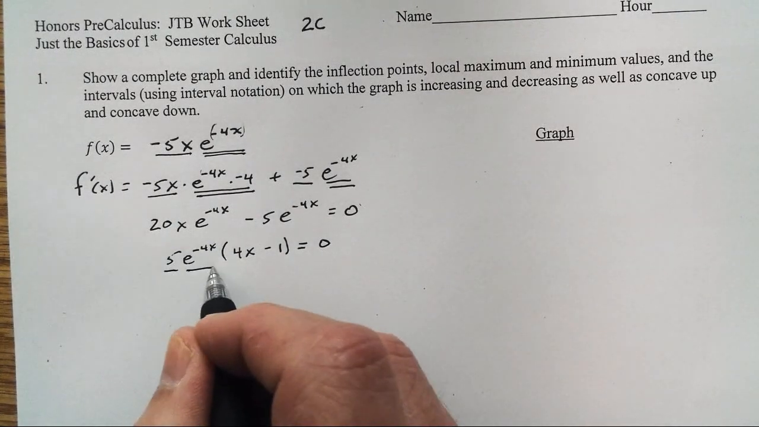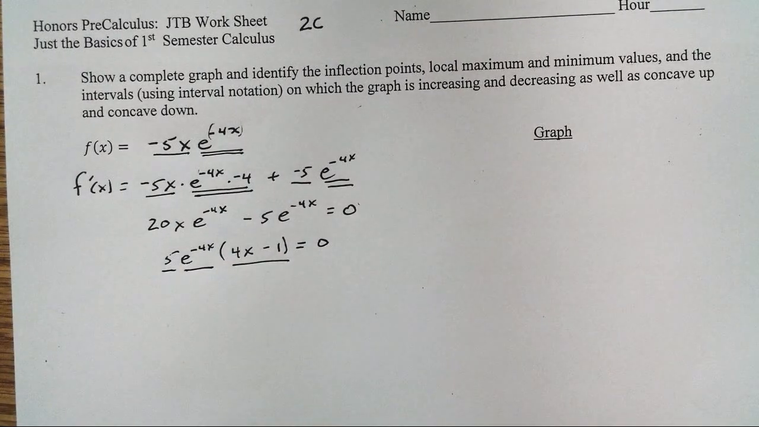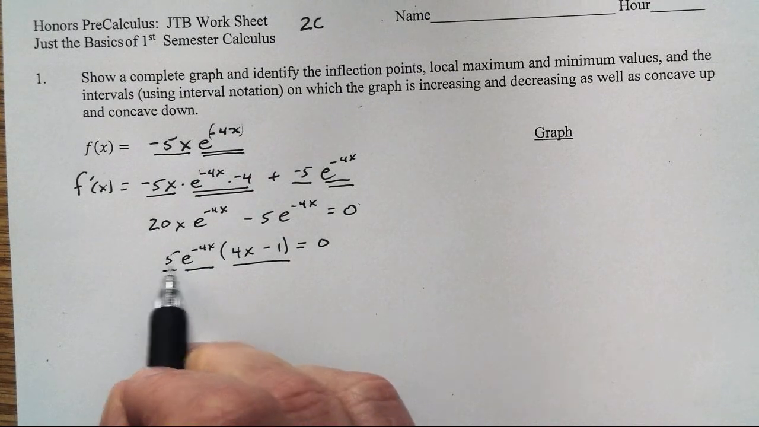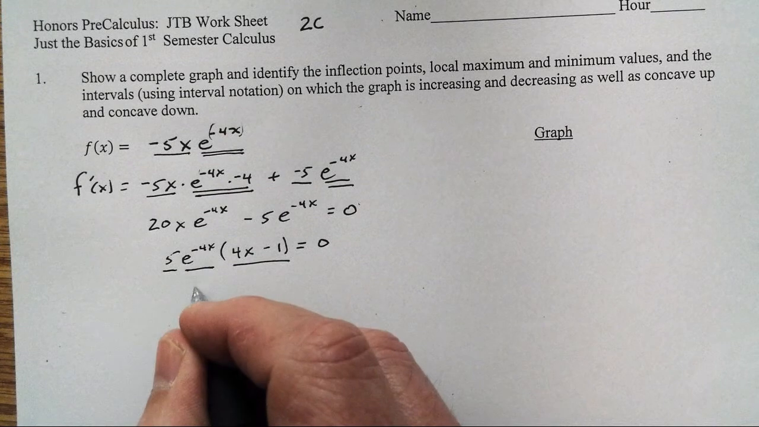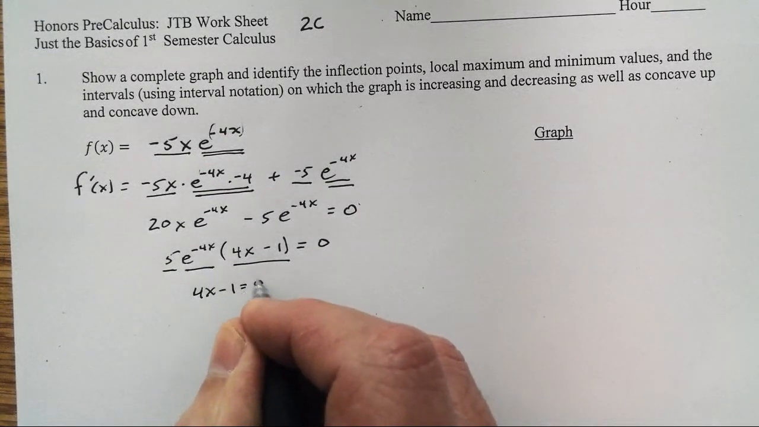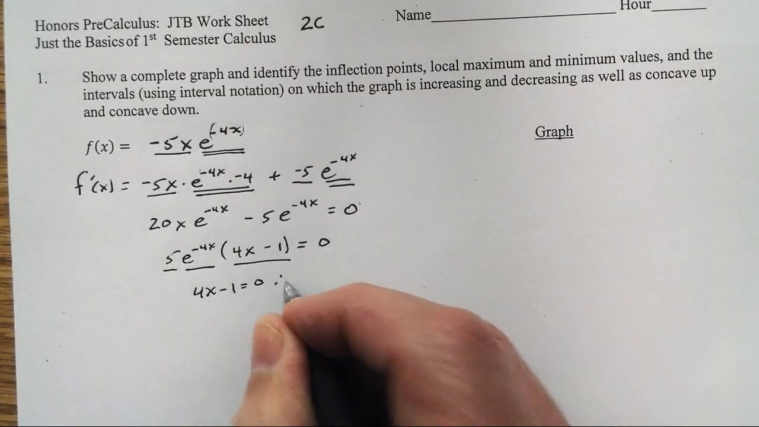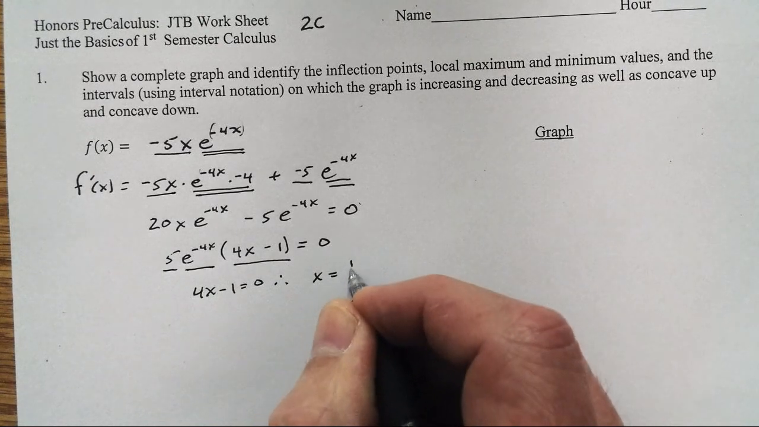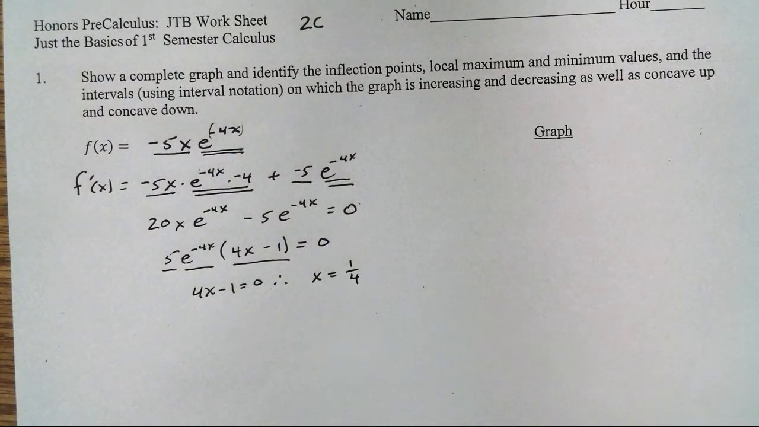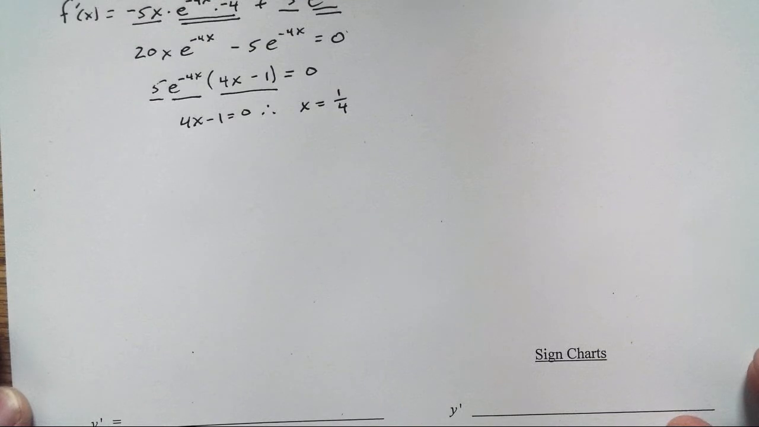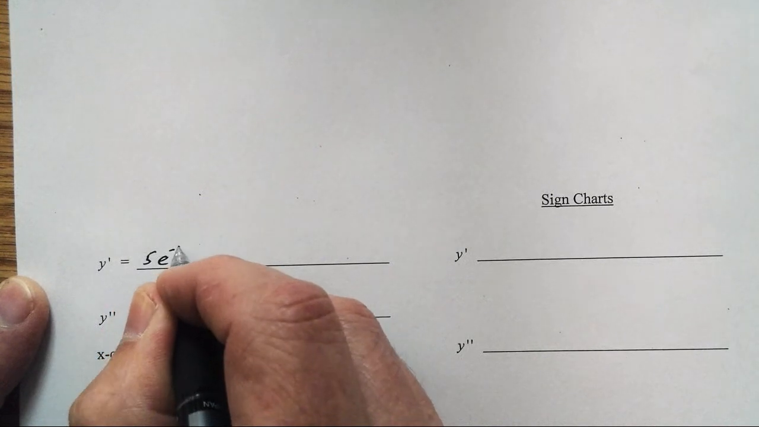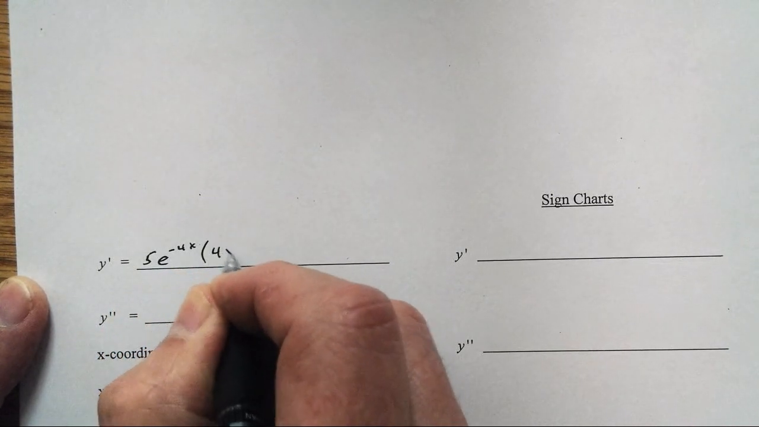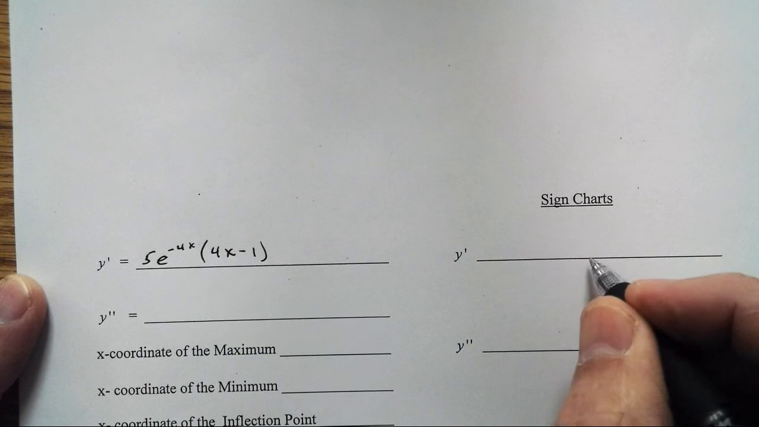If a number times a number times a number equals 0, one of them is 0. 5 is not 0. E to the negative 4x cannot be 0, but 4x minus 1 could be 0 when x equals 1 divided by 4. Okay, so our first derivative in factored form, I'm just going to jot it down here. We've got it as 5 e to the negative 4x times 4x minus 1. It is 0